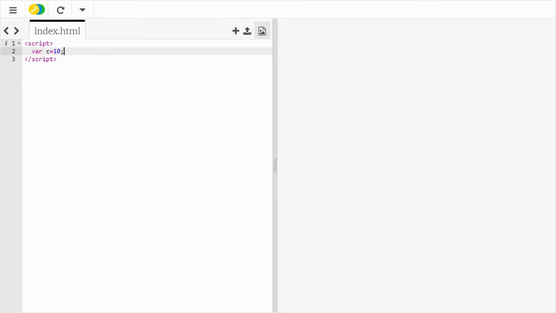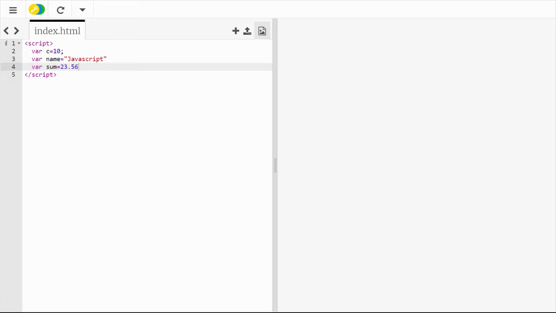You can even create an integer, or if you want, you can create a name. Or else you can create a floating point, that is a decimal point number, like this.